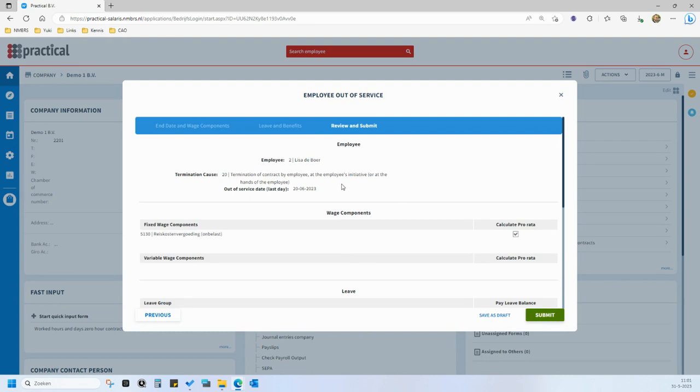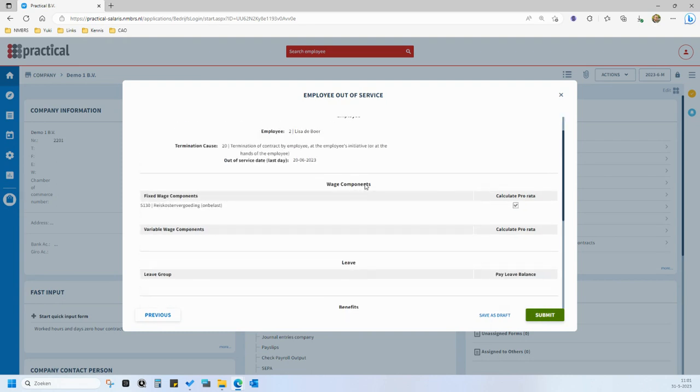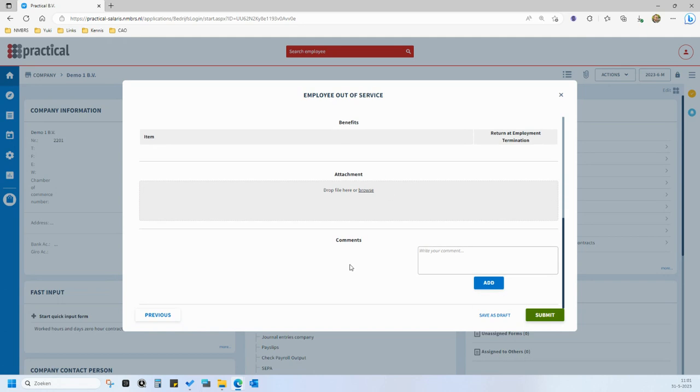Press next again. Here you see everything you filled in. You can do a final check. You can add an attachment, for example, a termination agreement, a settlement agreement. If you want to, you can write a comment here for us if you'd like. You can also share if you're not quite sure about the reason or something like that, then you can let us know here. And then you press submit,